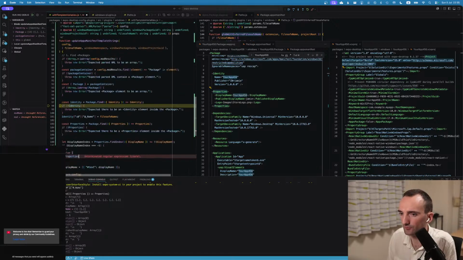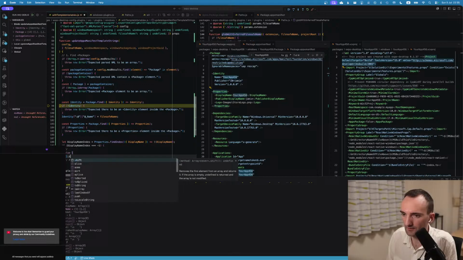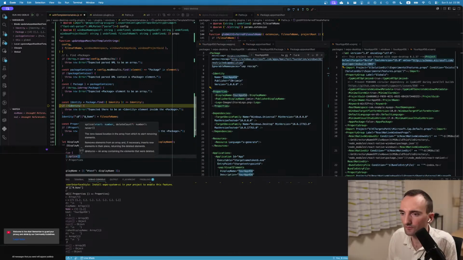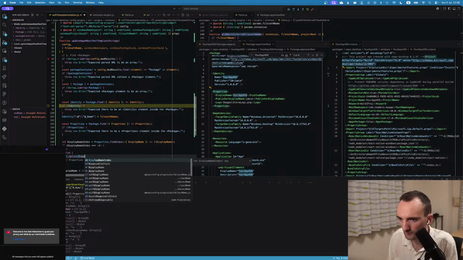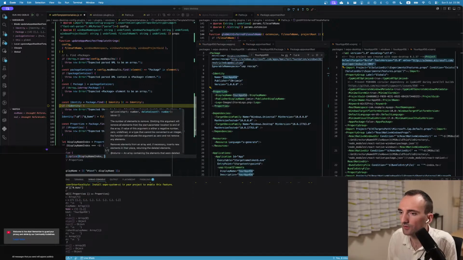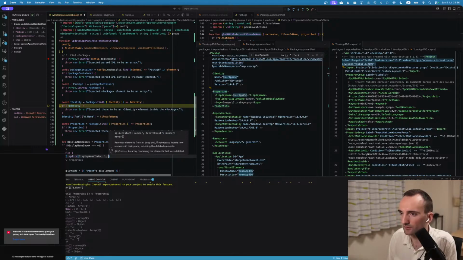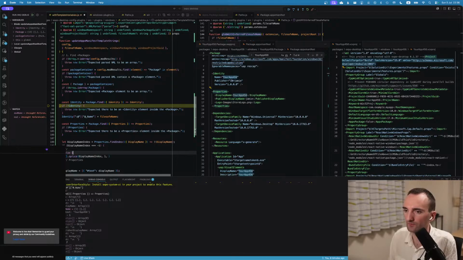We're getting no IntelliSense here because it's JavaScript. So splice into the display name index. Delete one item, and oh no, actually we don't need to splice anything here. We just